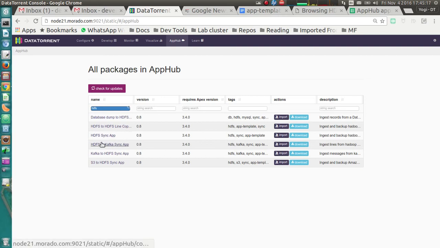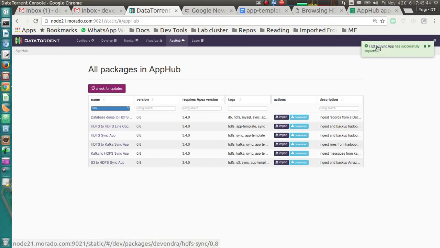Let us import the HDFS Sync application. I will click on the import button. We can see import is in progress. After it is imported successfully, it will show the notification which says that the HDFS Sync app has been successfully imported.